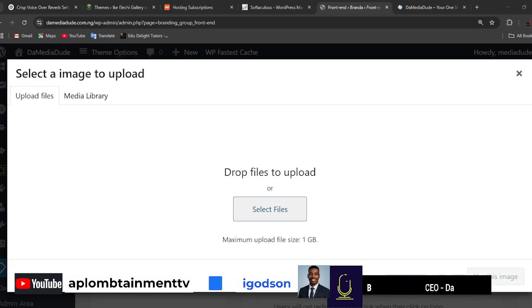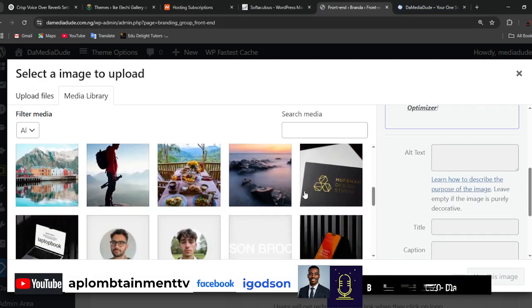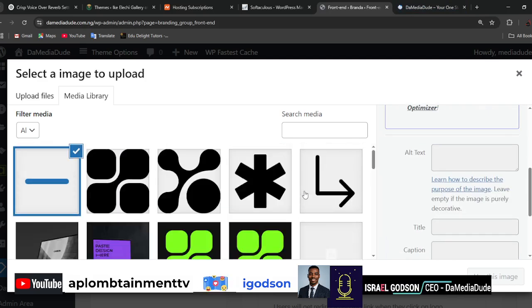Okay, so for the logo, let's use the official company color for the brand. So this is what is going to appear on the login page. Now this is not the logo for the website, no. This is the logo that will appear on the login page. So while that is waiting to upload,